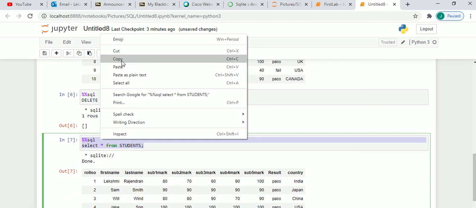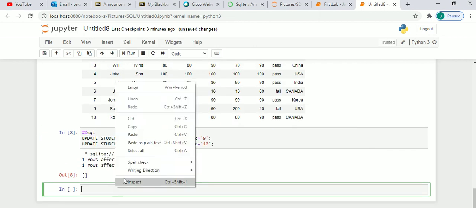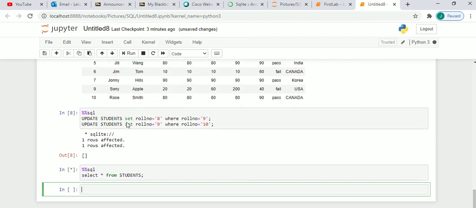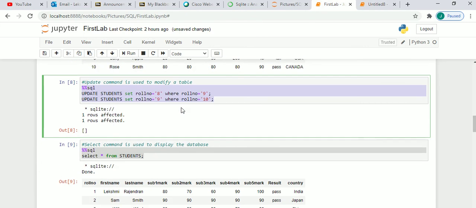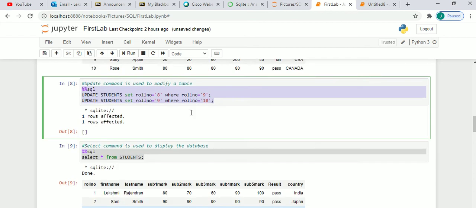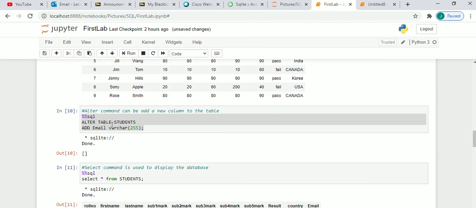Run. And to see the changes, let's do the select command. See, now all numbers are in correct order.